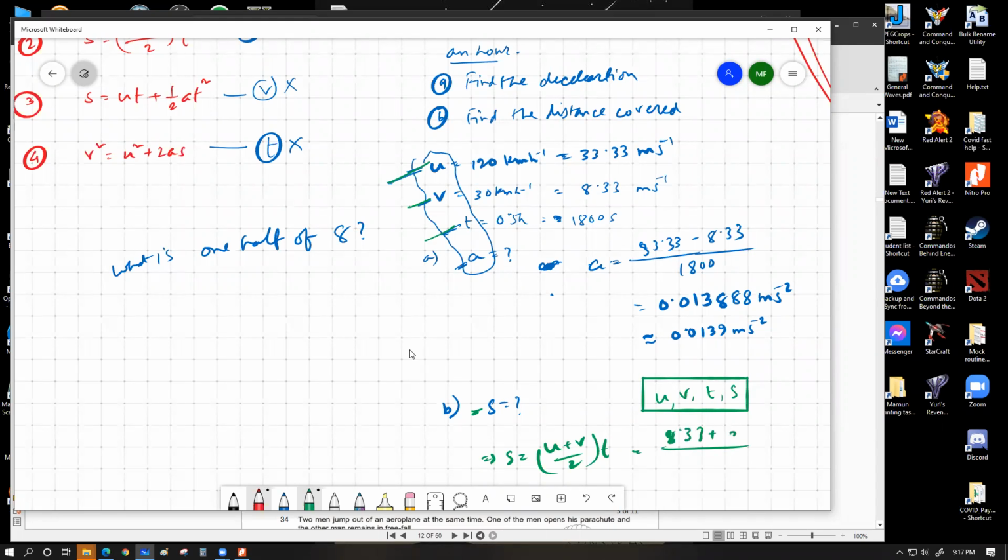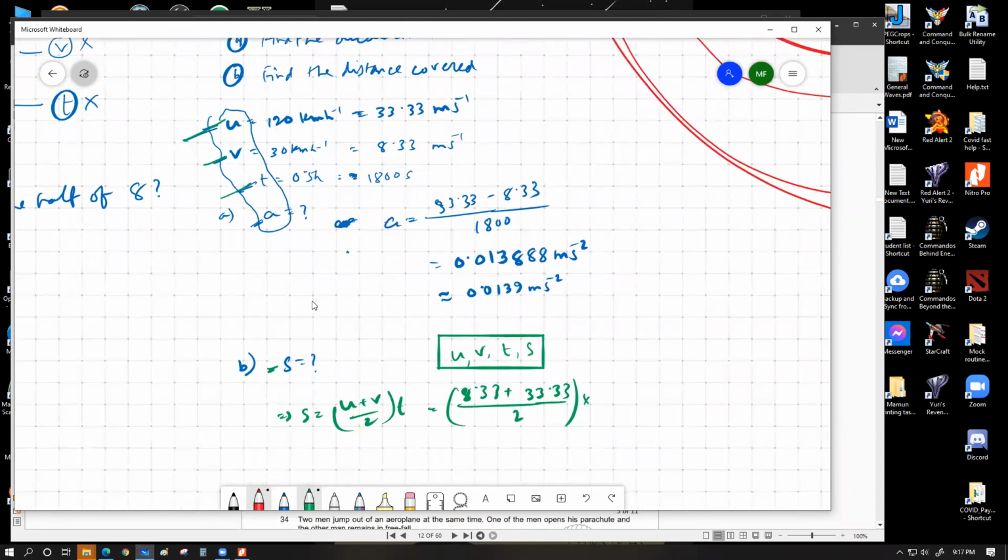8.33 plus 33.33 divided by 2, into 1800. No, sorry, keep the same. That basically gives you the total distance covered. Calculate and see what you get. I'm getting